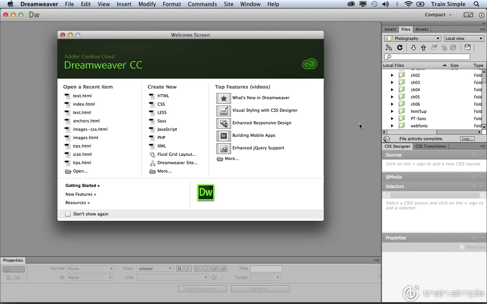Throughout this chapter, we've been talking about how we can go about creating hyperlinks. In the last chapter, we were looking at how we could work with images. Well, you may run into situations where you want to use an image as a hyperlink, but you want that image to be somewhat interactive. What I'm talking about right now is how we can go about creating a rollover effect with an image using